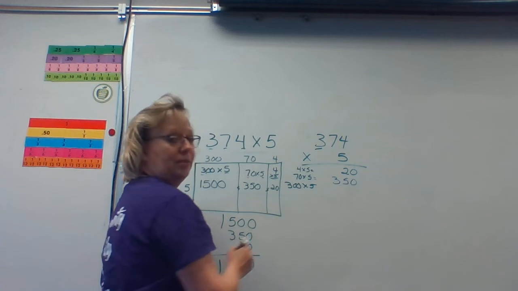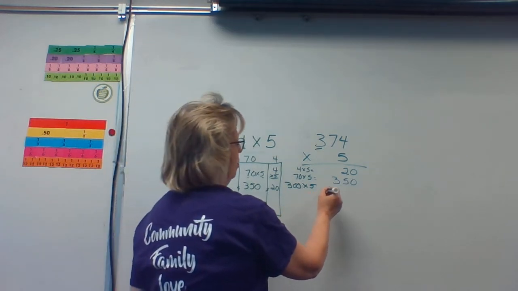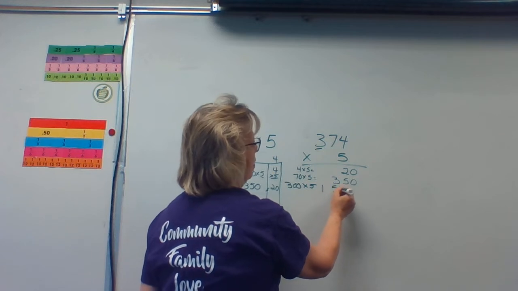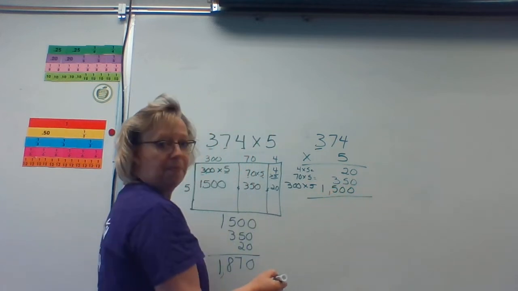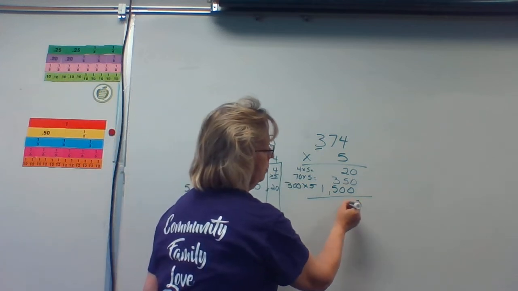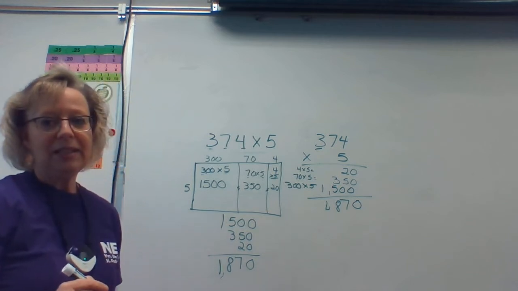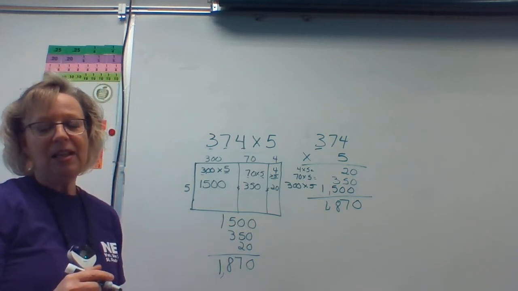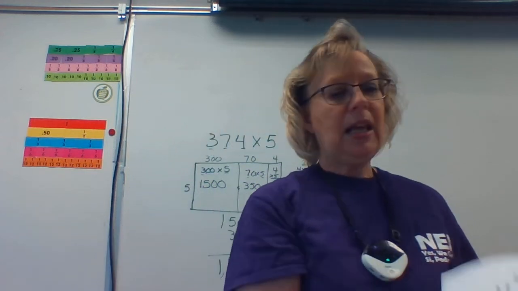300 times 5 is 1,500. I add those up, I get a total of 1,870. Okay? So, your work today in your packets, day 3